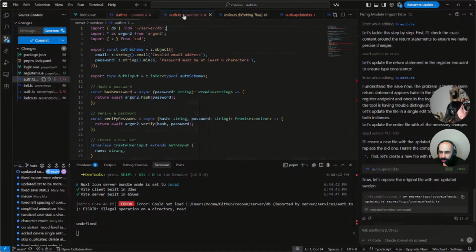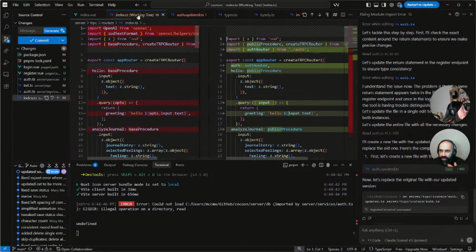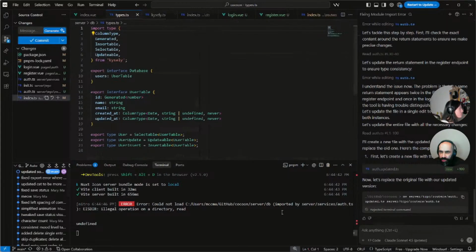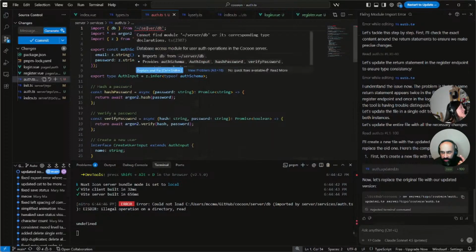It doesn't know. Let's go back to auth.ts. It doesn't remember, because its memory was incorrect.